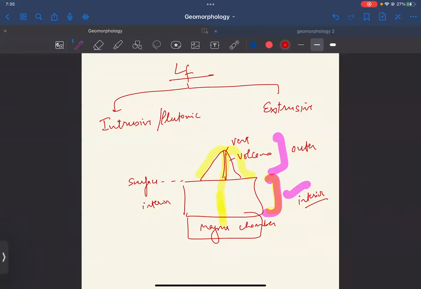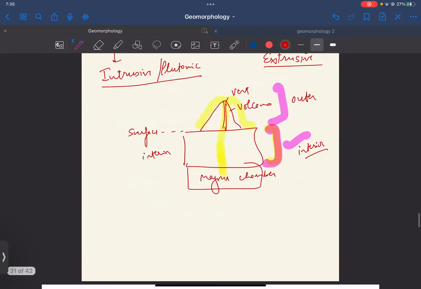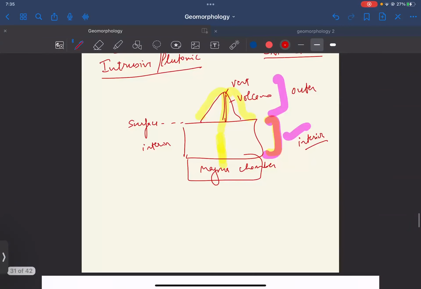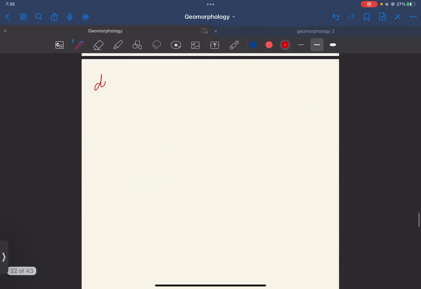So based on the location where solidification of magma is taking place, we classify landform formation as intrusive (plutonic) or extrusive landforms. Inside the earth, two types of deposition can take place. Different shapes would be formed, that is, different landforms. UPSC will ask simply: this is a particular landform, what kind of shape does it represent? All right. So what you need to remember,